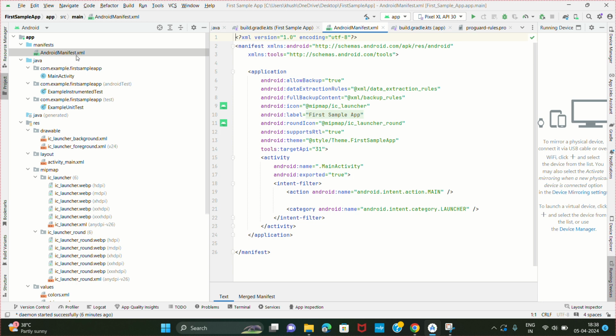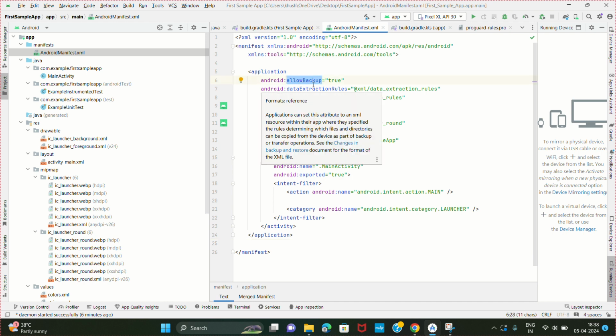so you have to know about the manifest. The manifest is generally used for the application description, like we can see here that the application is here, and the backup and the rules and whatever permissions, and it protects the application. So whatever permission we need to add, we will declare in the manifest. And